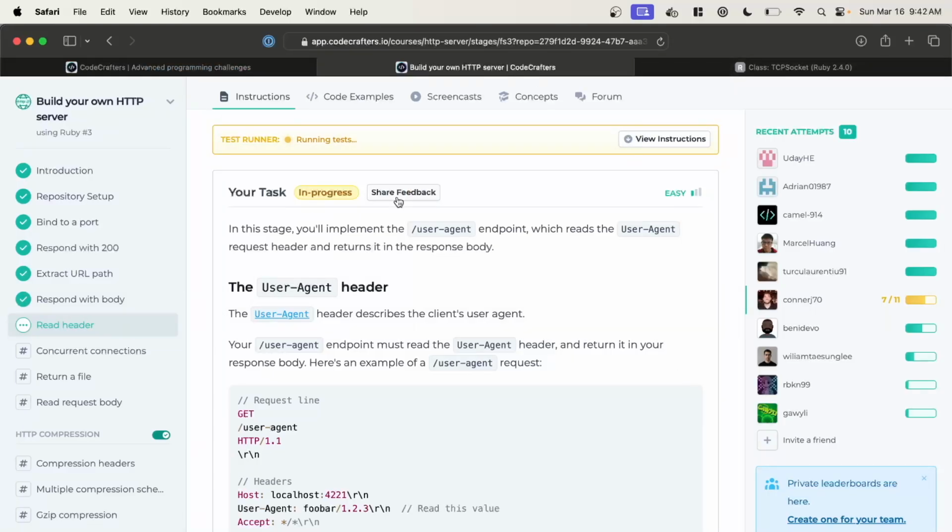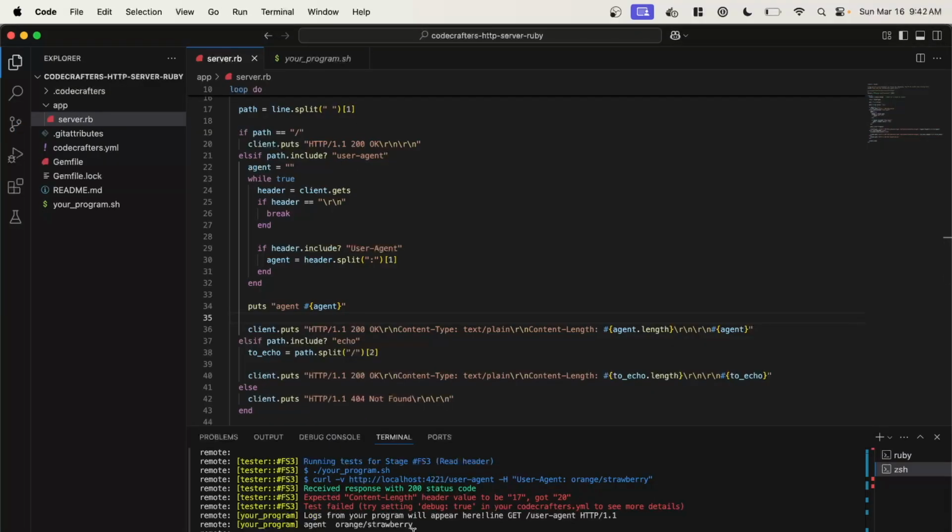Okay, see our tests are running, and we can see they failed. And let's see what happened here. We expected the content length to be 17, but we got 20, so it looks like we're not removing 3 characters, so we're probably not removing,